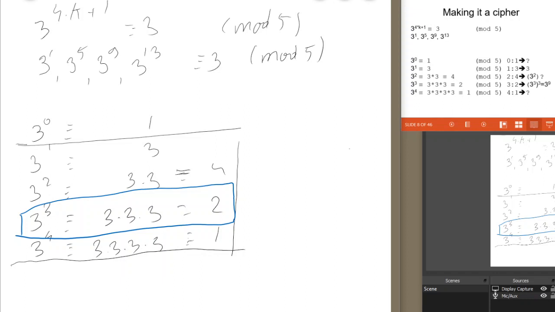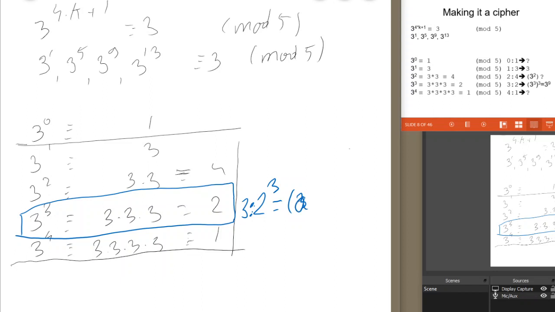If we know the key, that the key was 3, the exponent, and that the ciphertext is 2, in order to retrieve the message itself, which happened to be 3, all we need to do is to raise this ciphertext at power 3, which is the same as raising the original message. Now,